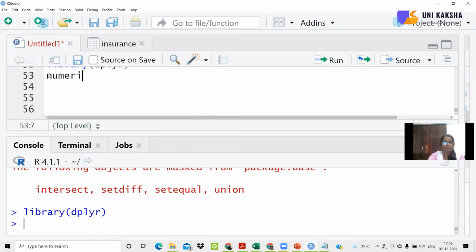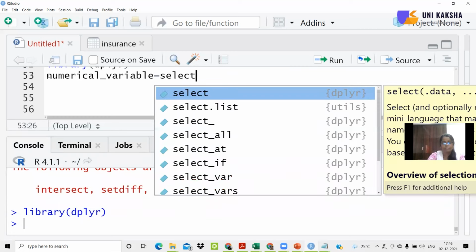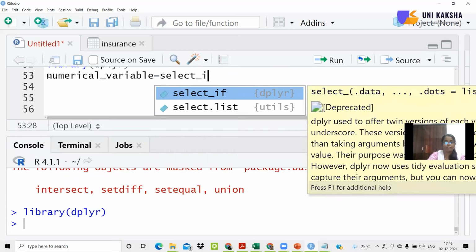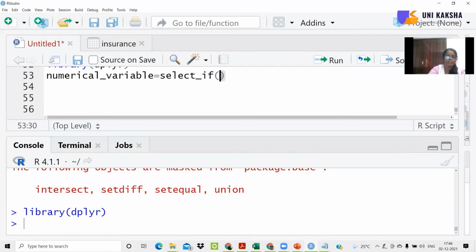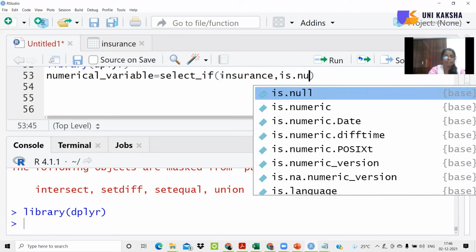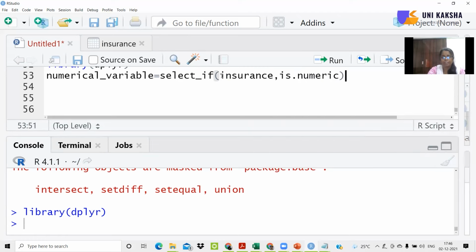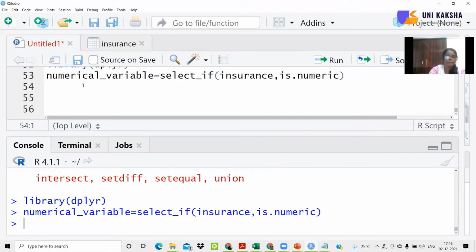So I'll write numerical underscore variable is equal to select_if, that's a function available inside R. And then here I'll write insurance, that's nothing but the name of the dataset. And I want to select if the answer of is.numeric is true. That means only numeric type of values will be selected.